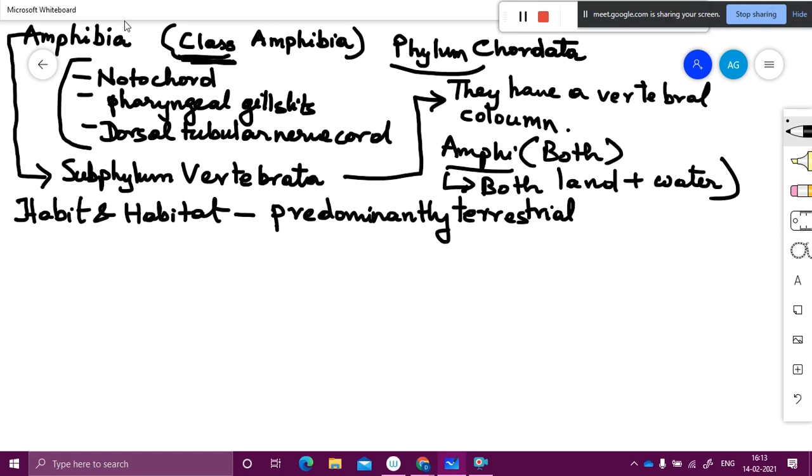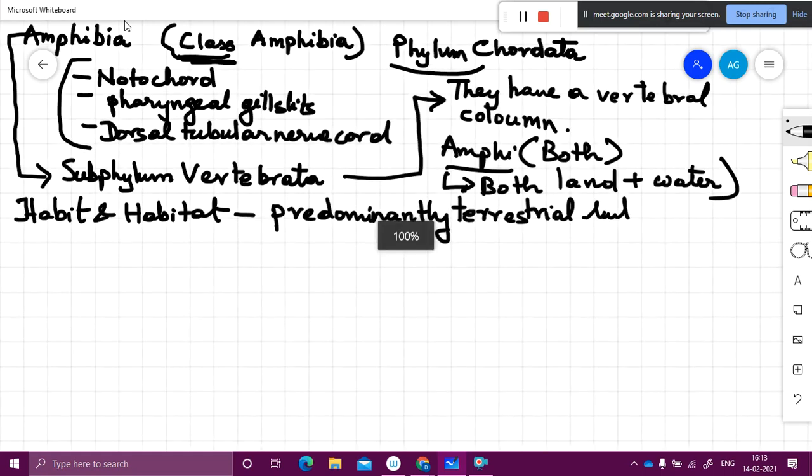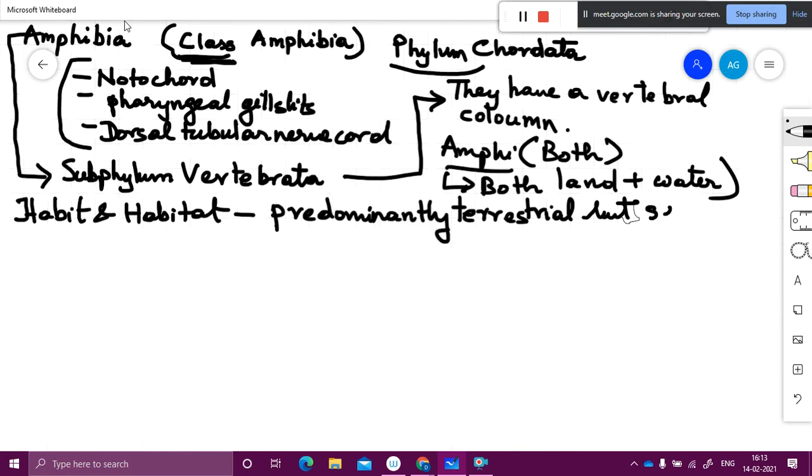Majorly they live in the land. But secondarily aquatic